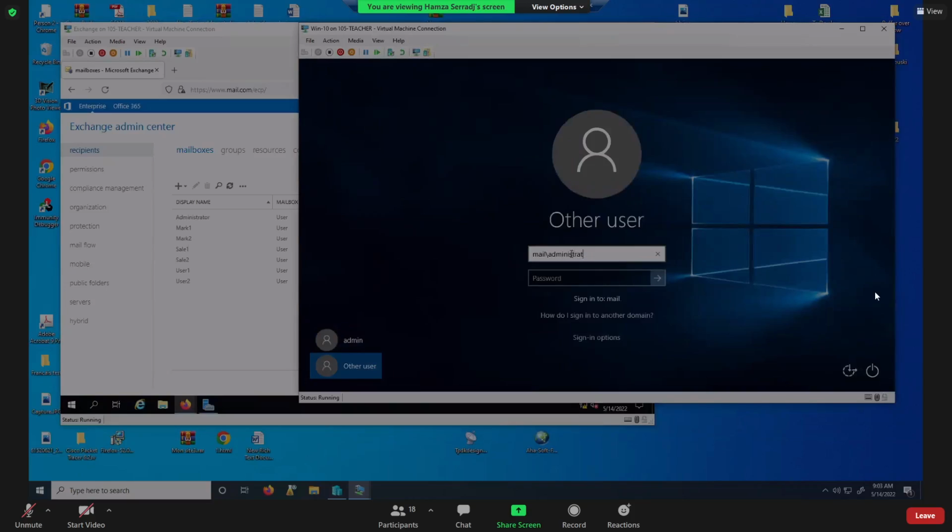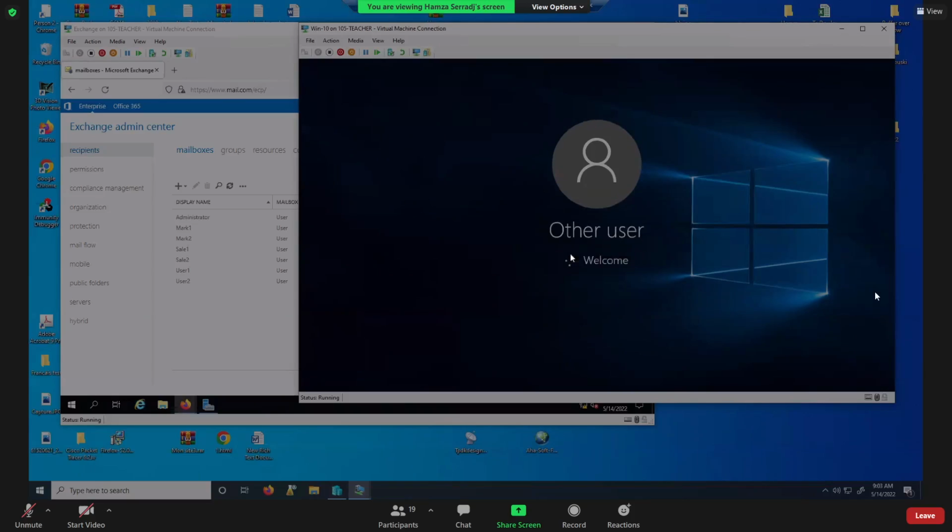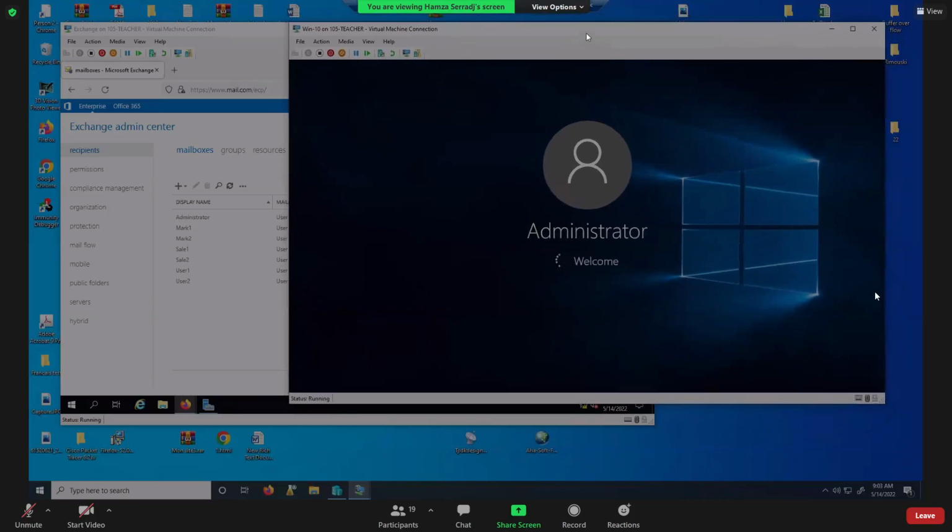So I'm going to log on with the administrator of the domain, not the local one. Here you go. We're on the domain now. And next step, I'm going to install Outlook. This is the client software. So instead of using our browser, we're going to use the software client or agent on the client machine. And our Outlook will be configured automatically just because the client is in the domain, and we